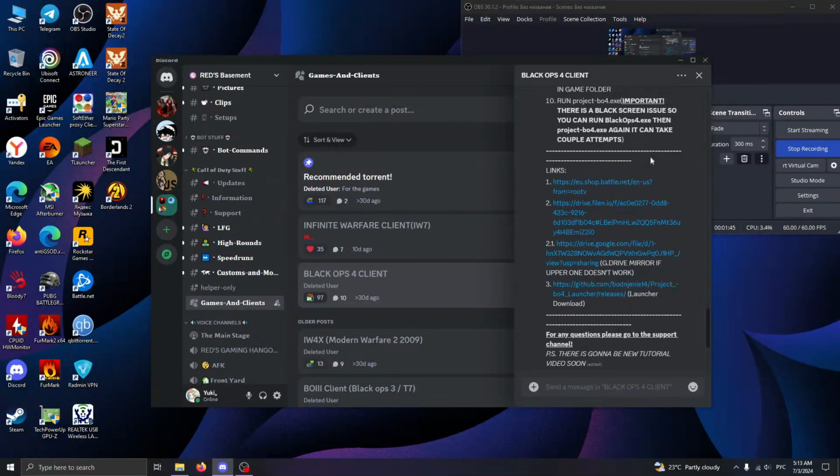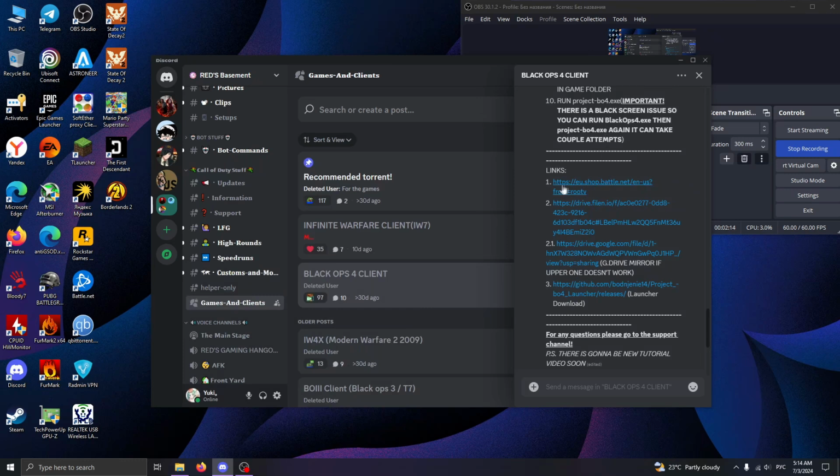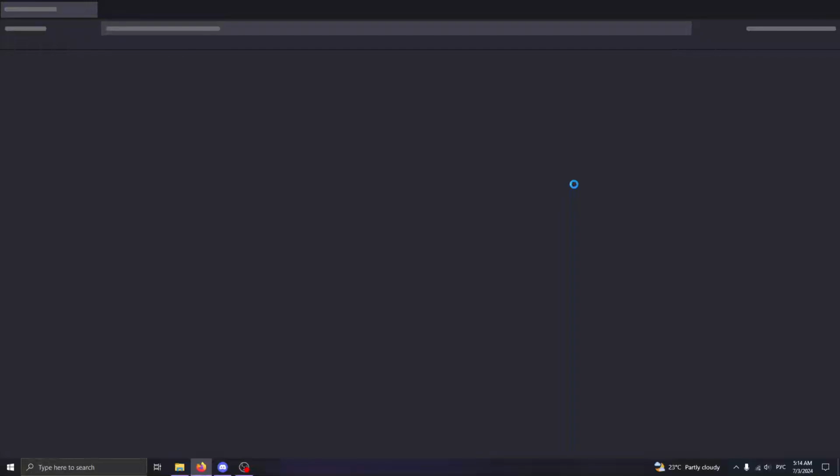Before even downloading anything, let's make sure that you have enough space on your disk, because the game itself is gonna take up to 141 gigabytes, so it's better for you to have at least 150 or 160 gigabytes of free space on your disk. Next, if you don't have Battle.net, click on the first link. It's gonna open